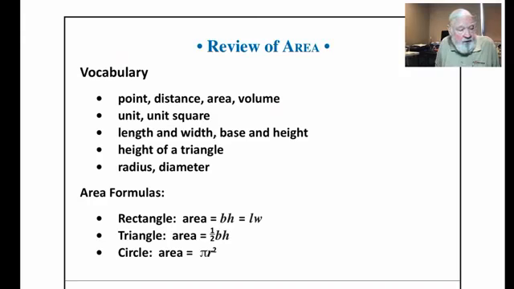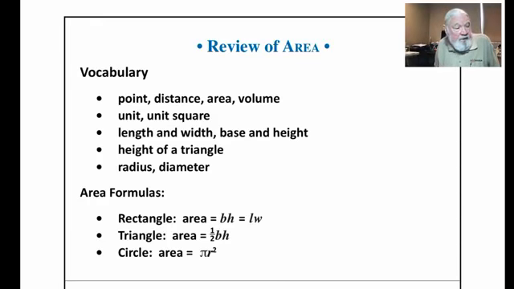A unit, the next vocabulary word here, as I pointed out earlier, UNI typically means one. So a unit is the one, like 1 foot, 1 inch, 1 meter. And a square unit is, instead of being just a line that's that long, a square where each side is 1. Length and width are both 1. And then, as I've mentioned several times, length and width and base and height are two different ways to express the size of a rectangle. Mostly the one we want to go with a lot of the time is base times height, because that height carries over into triangles, carries over into other geometric figures.